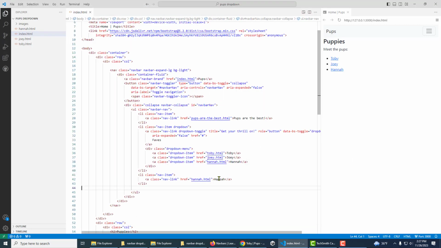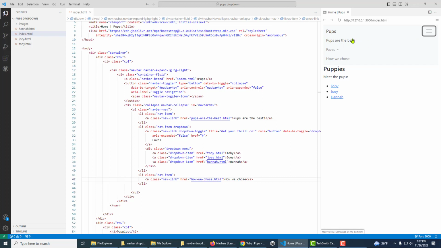Alright. We chose. I'm going to make a page called How We Chose. Save that. Alright, let's see how that looks. That looks exactly right. Pups are the best, Faves, How We Chose, and Faves has all of these things here. Pretty good. Now one problem we have though, if I open this up